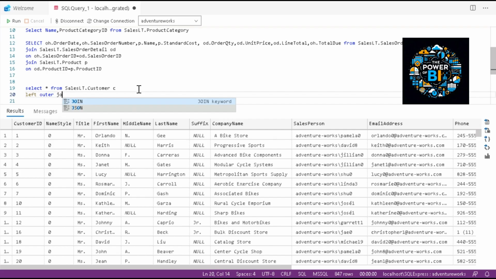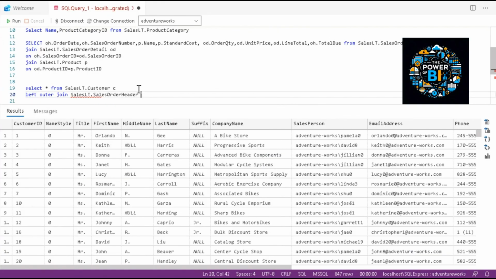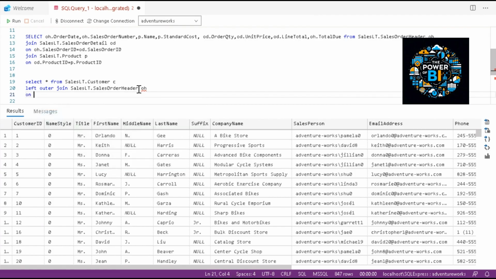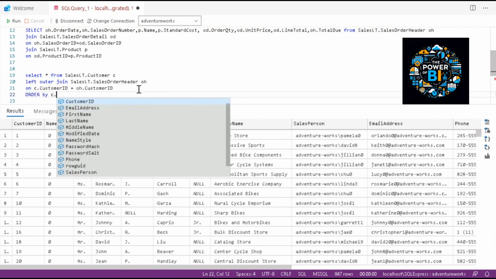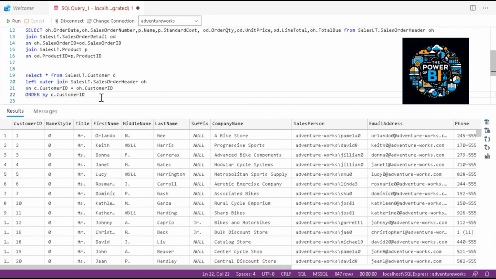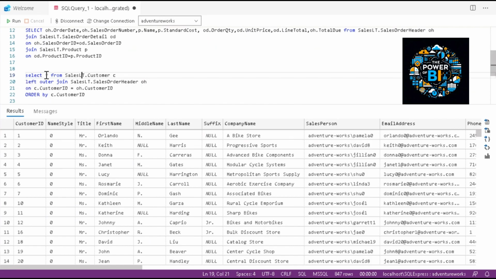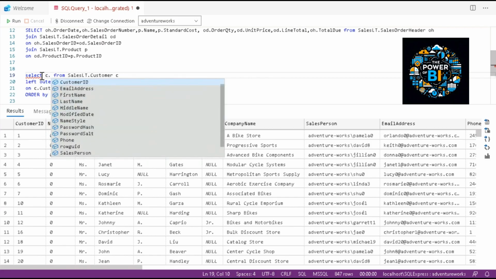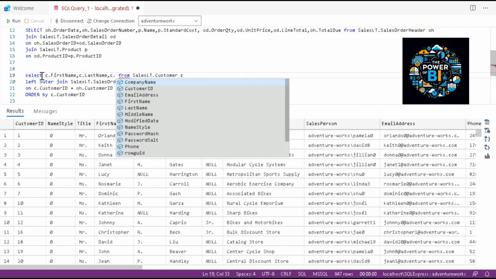I will explain these types of joins later in detail. So we'll use sales order header, and specify on c.CustomerID equals oh.CustomerID, and we'll use another clause called order by, order by c.CustomerID. So let's execute this. We are using only customer details, so it will come up as customer details. But now we'll use c.FirstName, c.LastName,